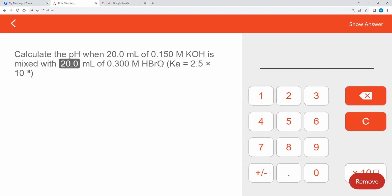That does only apply to hydroxides as bases for making the water part, because if you don't have a hydroxide as your base, you actually won't make water, you get something else. But for right now, we won't worry about that. We'll probably worry about that Thursday. But if I look at this example, for writing my reaction,